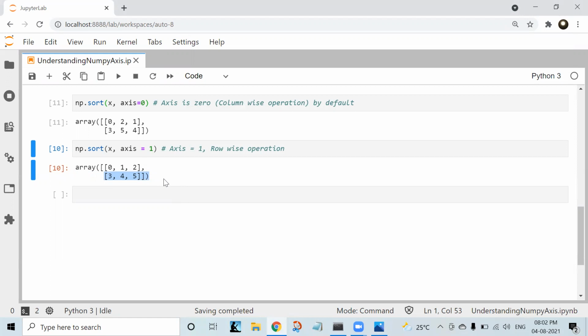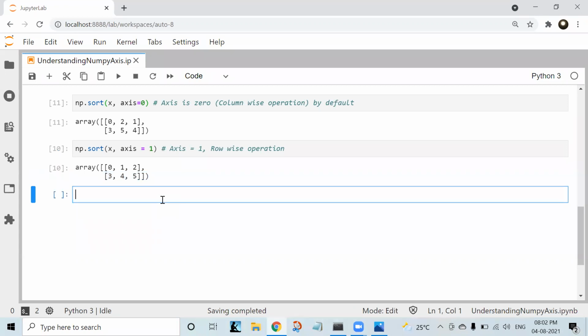Now we will see how to join two arrays using various operations like concatenate, stack, hstack, vstack, and dstack. Let us see the concatenate function. Concatenate will join the two arrays with respect to the given axis, either rows or columns.